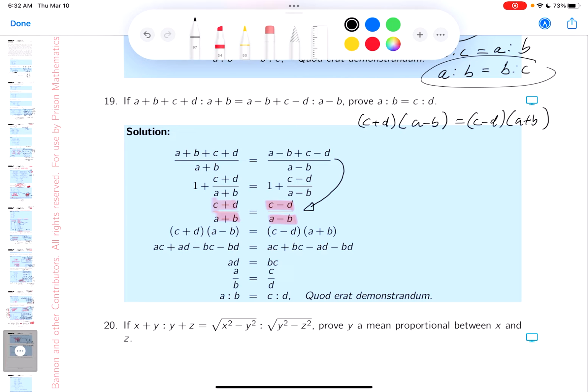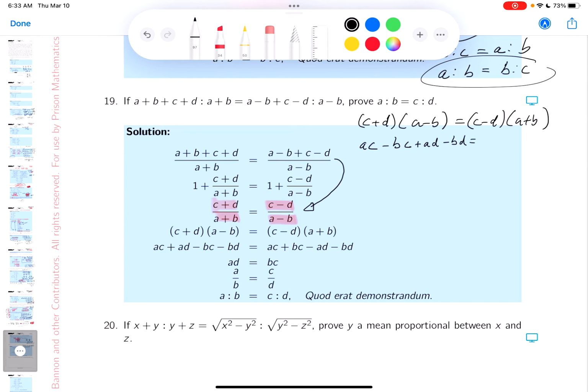Wow, I got to do the multiplication, right? Hopefully things will be really nice and clean when I do it. And let's just do that. It shouldn't be that bad. And what do you get over there? AC minus BC. Let's see, that's going to be AD, right? Did I copy something wrong? C plus D, A minus B. That's a D, right? Let me make sure I copied that. Yeah, I copied it right. So AC minus BC plus AD minus BD